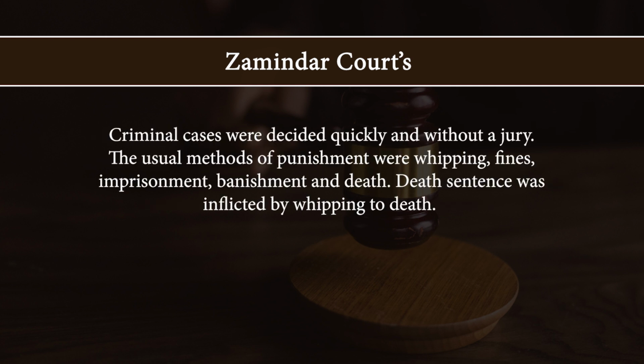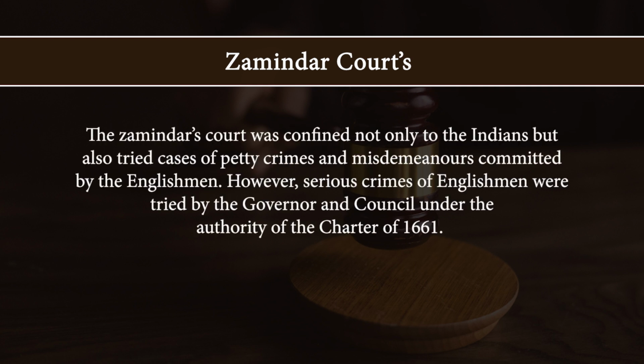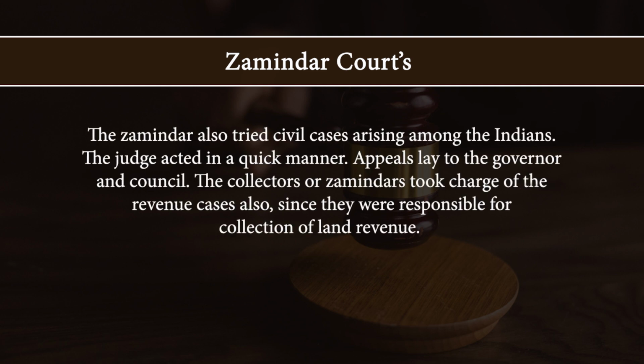Criminal cases were decided quickly and without a jury. The usual methods of punishment were whipping, fines, imprisonment, banishment and death. Death sentence was inflicted by whipping to death. The zamindar's court was confined not only to the Indians but also tried cases of petty crimes and misdemeanors committed by the Englishmen. However, serious crimes of Englishmen were tried by the Governor and Council under the authority of the Charter of 1661. The zamindar also tried